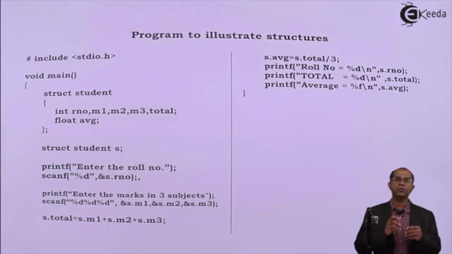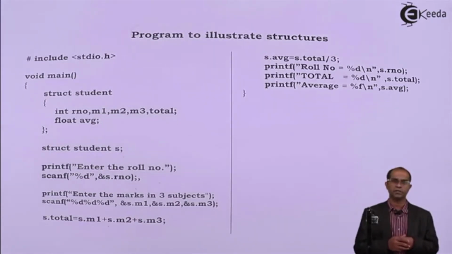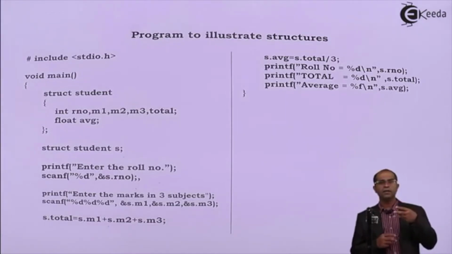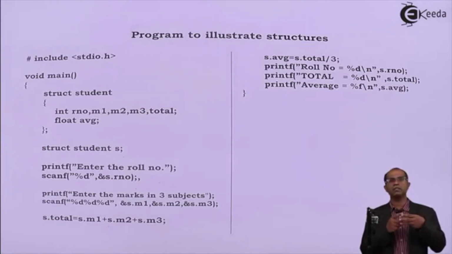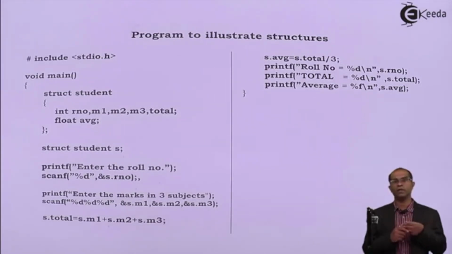But if I ask you to do the same example with the concepts of structures, how to do that? I'll define a program related to structure in 3 stages. First is declaration of structure, then variable creation, and then accessing the members of structure. If I ask you to do all these 3 things, how do I proceed? Where do I place this? In what sequence do they have to appear?